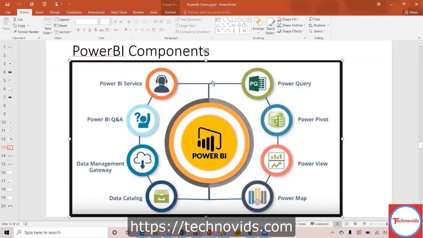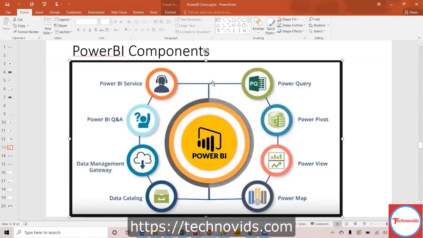Here you will ask in terms of data. What are the top five products sold? Which country is the top performing country in terms of sales? Those questions you can ask, it will understand your question, and it will come up with the chart or the data. Mostly a chart is where it is useful, but it can also come up with the data. This particular component is available in the Power BI service.